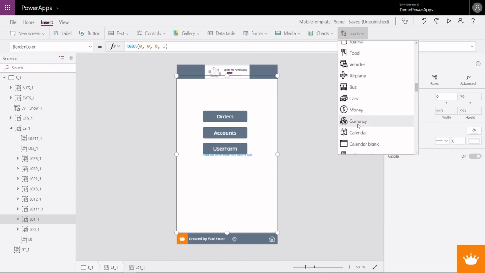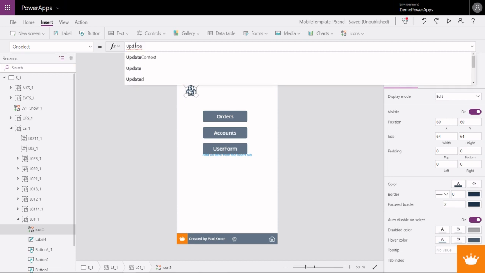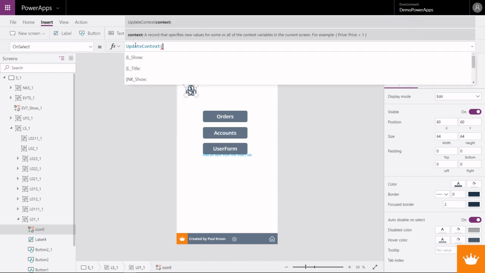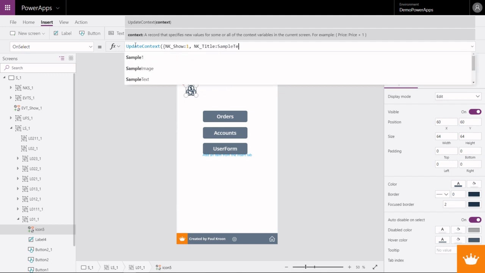No calculator, they say just currency. It doesn't matter much. Let's do an update context here. And let's say we want nk show to be 1, nk title to be simple test,